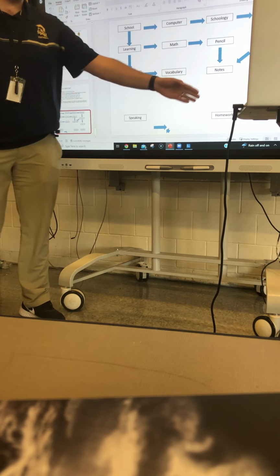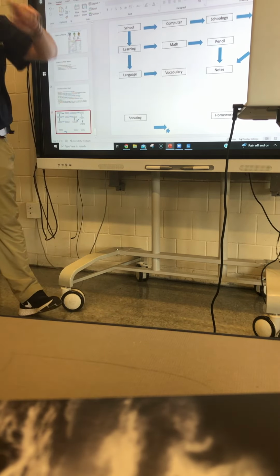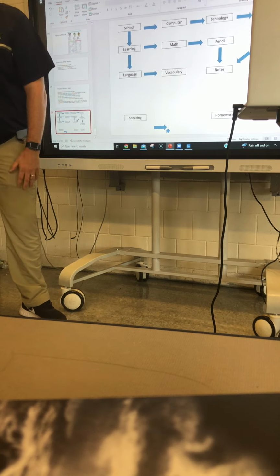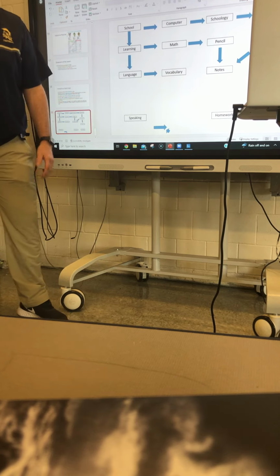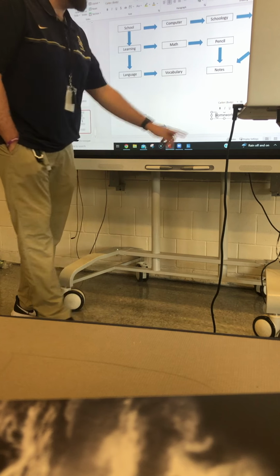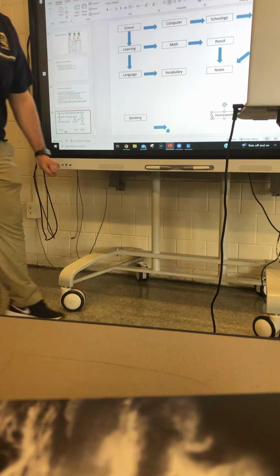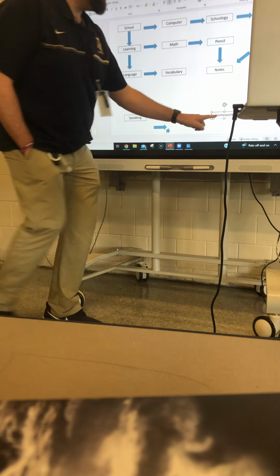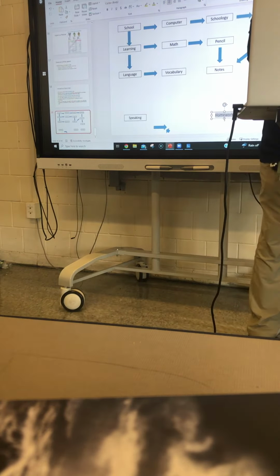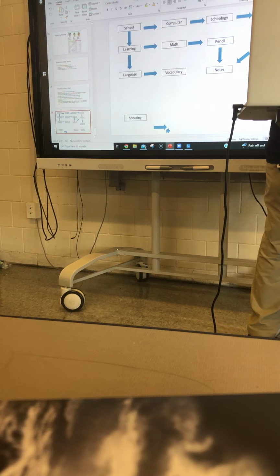Okay, now there's other words left. Someone from this side, pick one of these words. Speaking or homework. Or you can do homework again. It's 2 homeworks. What is it connected to? Study. Good. I'm happy you made that connection. And I would draw my arrow from homework to study.